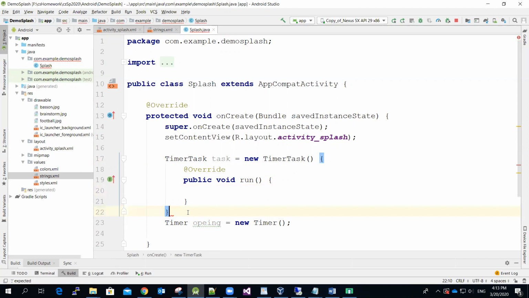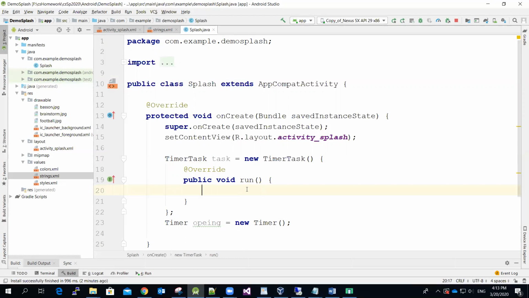You can see that it automatically added the run method for me, and I also have to put a semicolon there. Basically, the run method will be executed once the timer